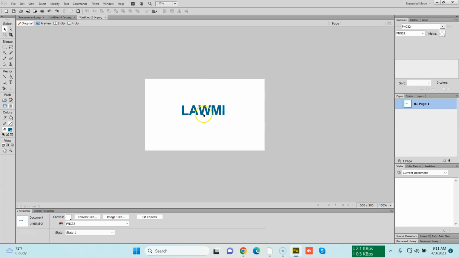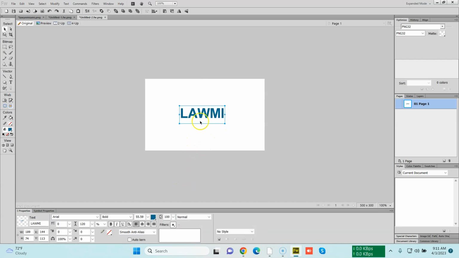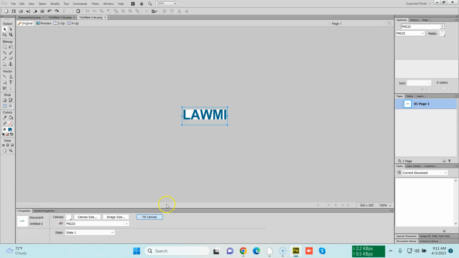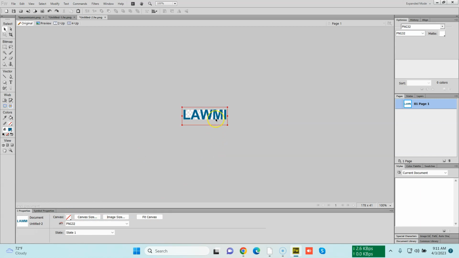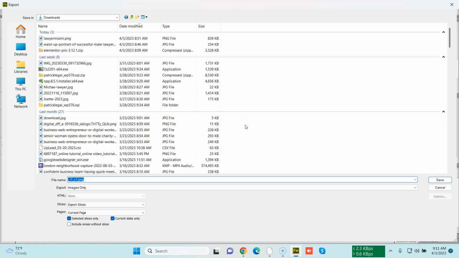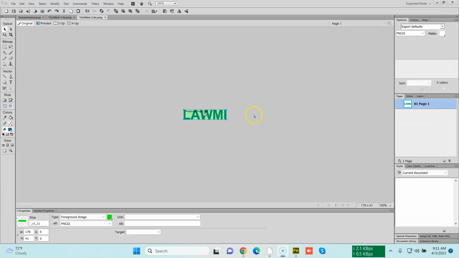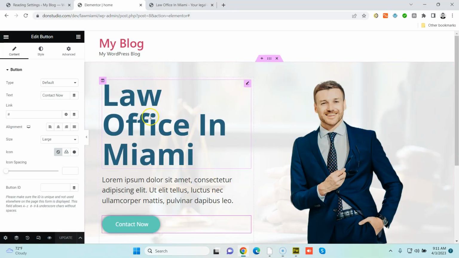So let's think that it's going to be the name of the office. So I am going to extract it as PNG transparent. Let's get back to